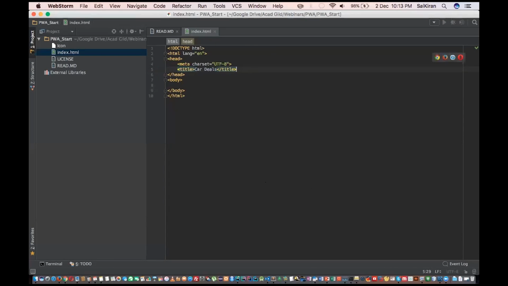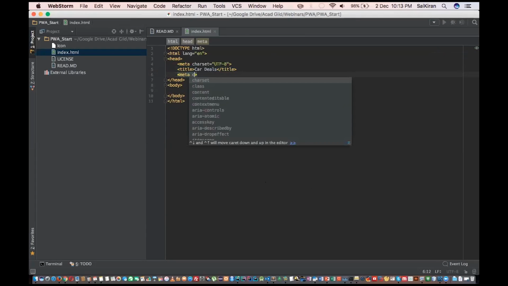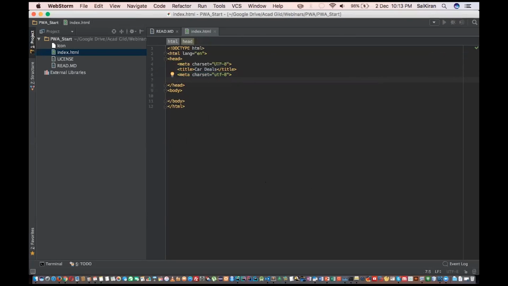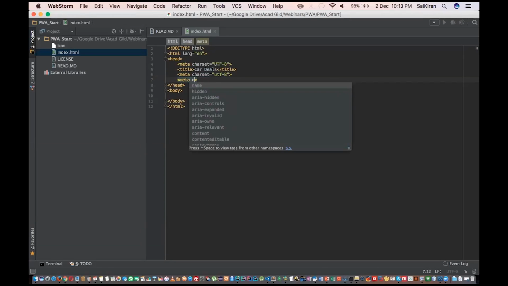All right, let's proceed. I'm going to give it a title called car deals, and now let's include some metadata. These things might not be so important when you are creating a web application, but when you're creating a progressive web application, every minute thing does matter. The meta tags, which are generally ignored by developers, play a huge role when you're deploying this application into a mobile device. So I'll set the charset to UTF-8, and apart from that, I'll also create a